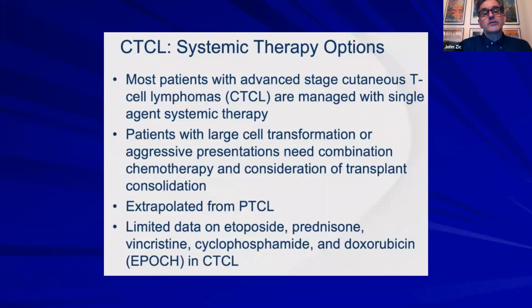and that patients who have what's called large cell transformation, so in patients with mycosis fungoides, the cancerous T lymphocyte cell is usually small, and there are a lot of them, but they're usually small. At some point in some patients, the cancer cell can transform from a small cell to a much larger cell. And that usually means that the prognosis goes down. And so those patients who have large cell transformation and aren't doing as well are often candidates for what's called